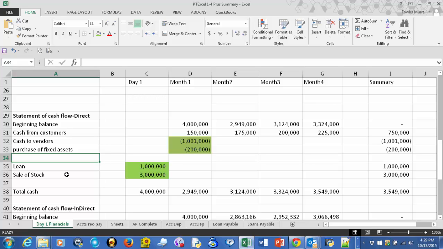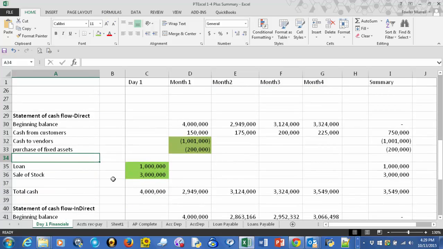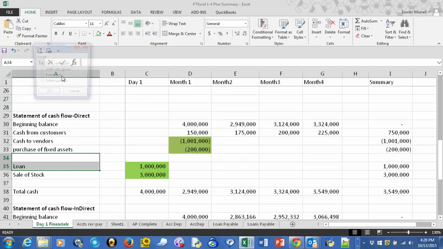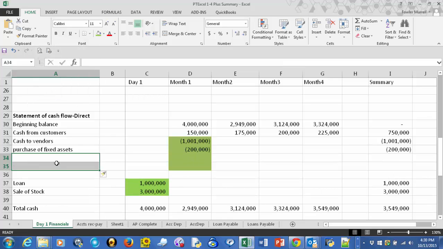We can make two lines, actually, because we have payroll, that's these two, and then we have this expense, which is other. So we need to open this up for one row. We want to insert entire row, say OK,